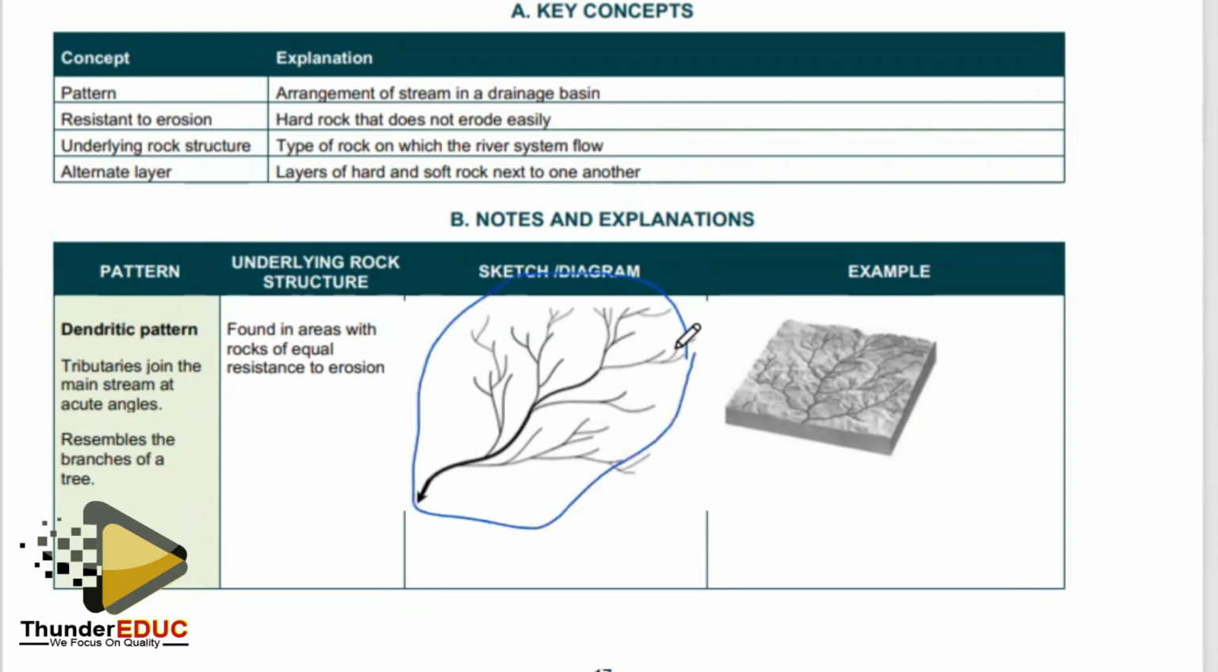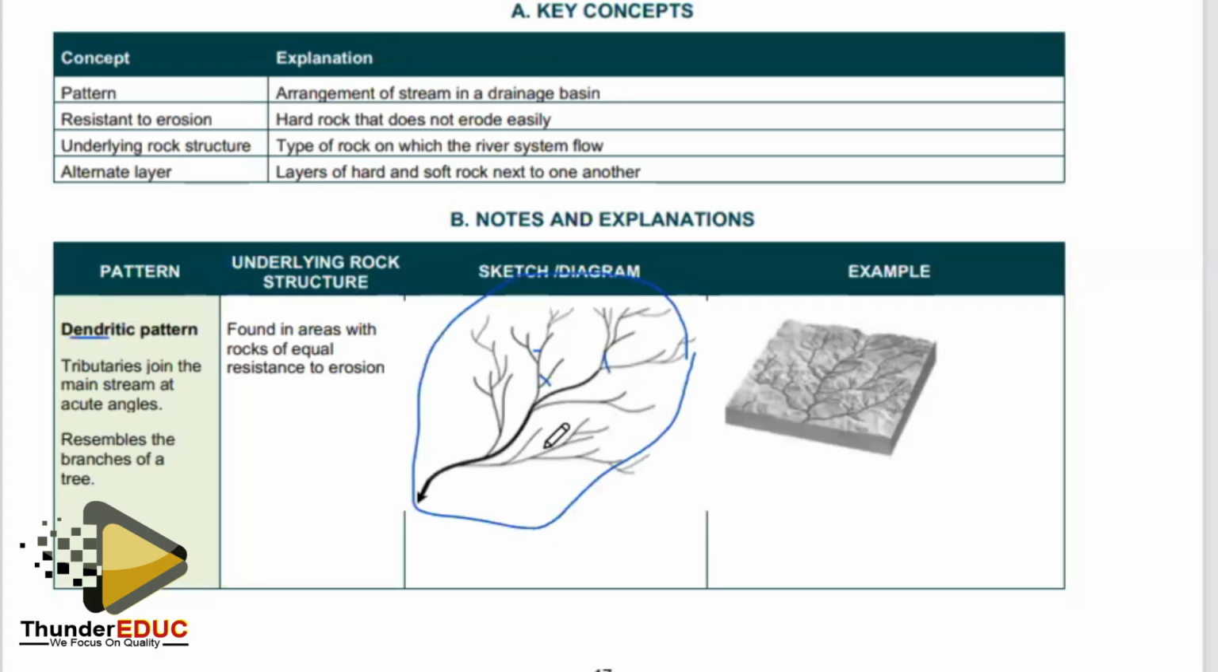This is dendritic, which is a Greek word relating to a tree and its branches. If you check this drainage pattern here, it is more or less resembling a tree with its branches. And also if you check the size of the angles through which the tributaries are joining the major river,